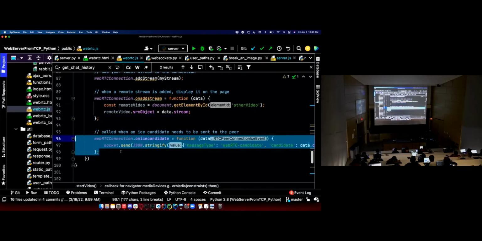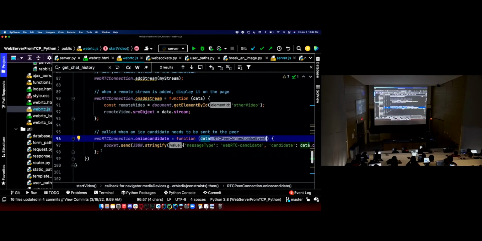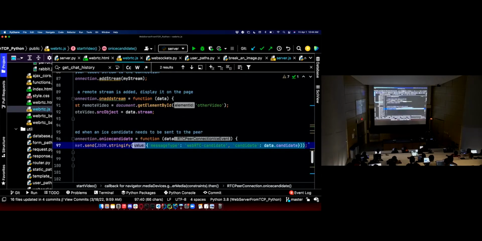And then this on ICE candidate event that I'm listening to here is going to occur whenever I have a new ICE candidate available. So when the connection is being negotiated, the browser is going to send a message to the STUN server, get the public IP and port, generate an ICE candidate, and then call this function and say, yo, I got a new ICE candidate for you. And what we're going to do is just ship that over to the signaling server